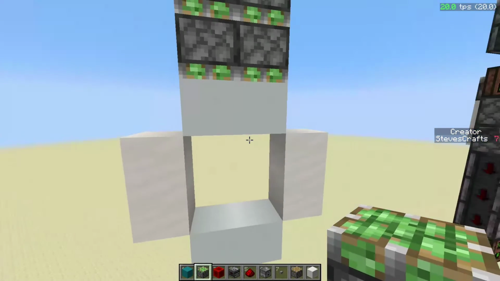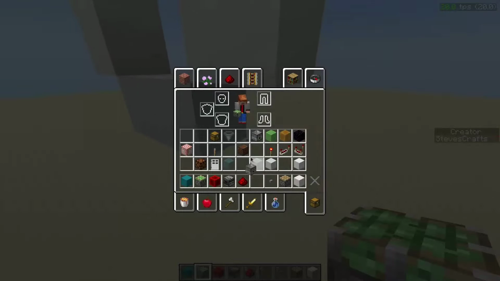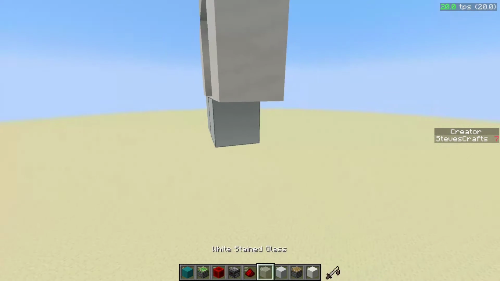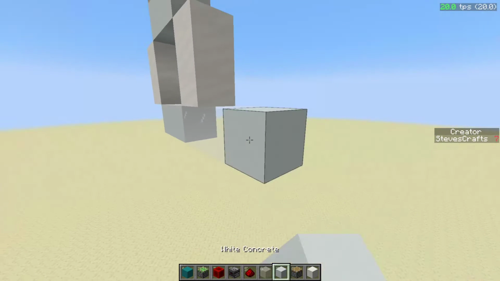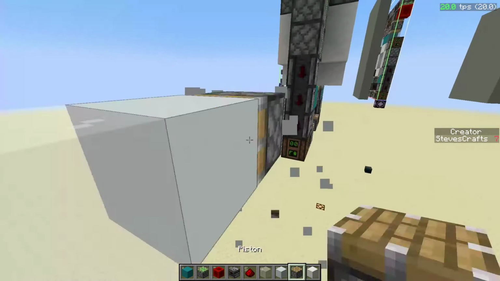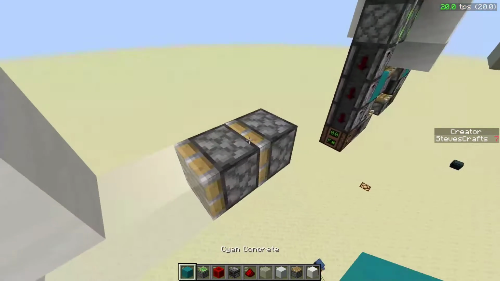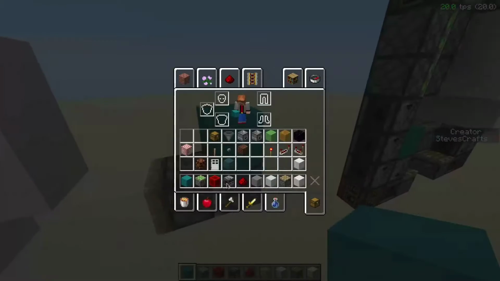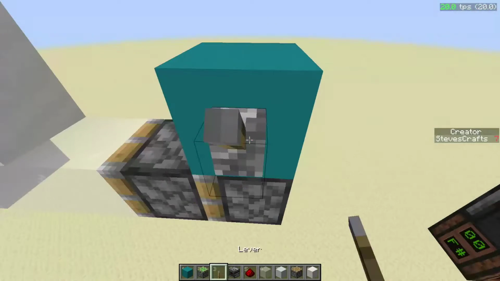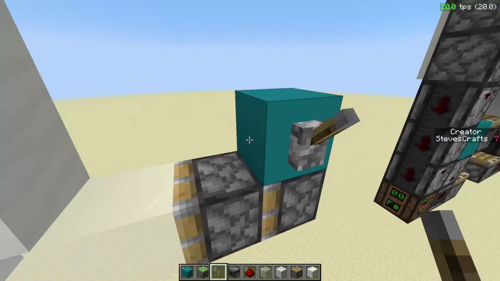And then next to them 2 more. Then you're going to put your other stuff back in your inventory. You're going to take out these. You're going to put 2 glass blocks, and then 2 pistons facing them. I did this differently in Java design, so put a block there, and put a lever here. And then